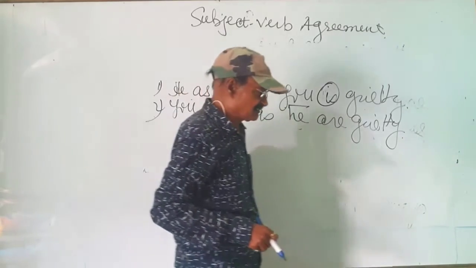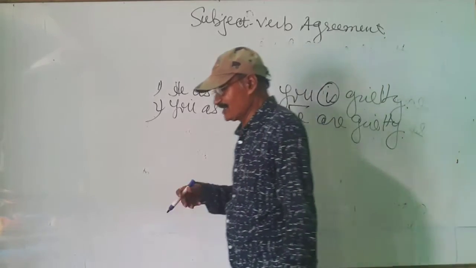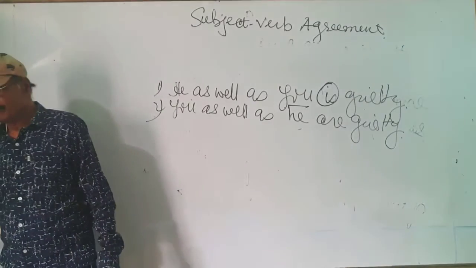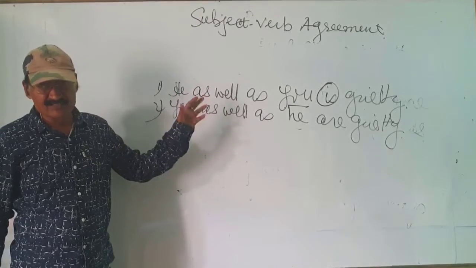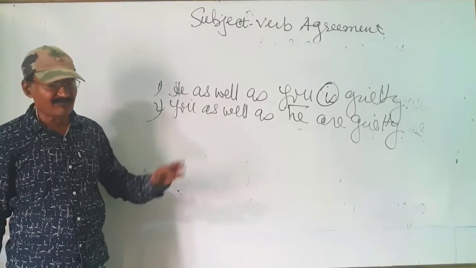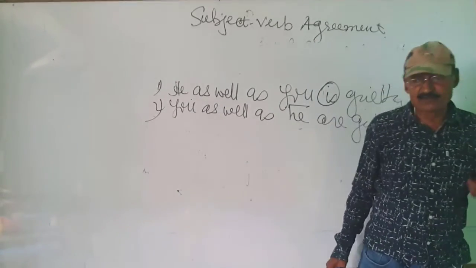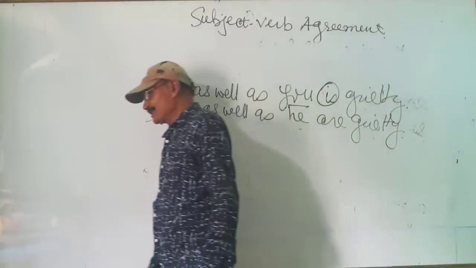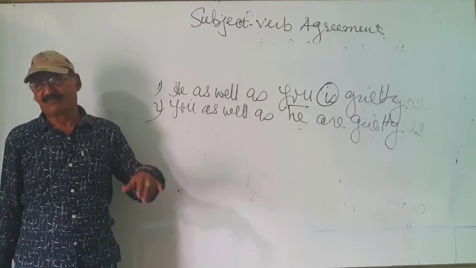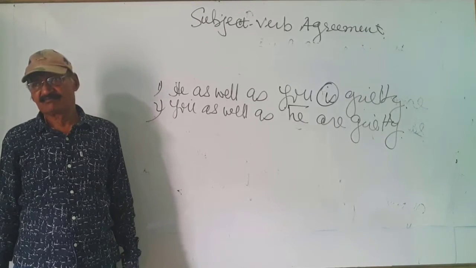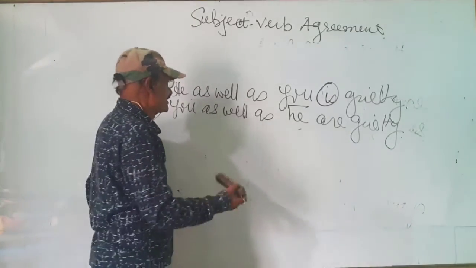Try to understand it. You should not be in confusion again, otherwise it will not be clear. In the board model questions, on some occasions, a dash will be given to fill up. There will be a filler to fill up the blanks with the appropriate verbs. So whenever you understand this kind of agreement, you can fill it up in a correct way. Otherwise you will commit a mistake. Isn't it? So try to take it down in this way.